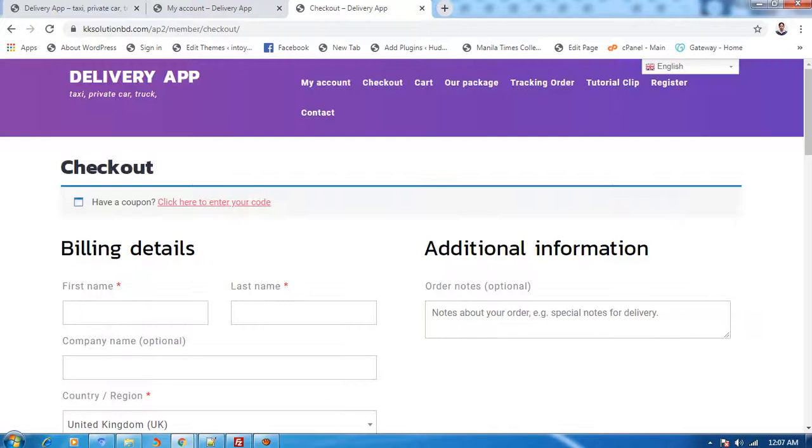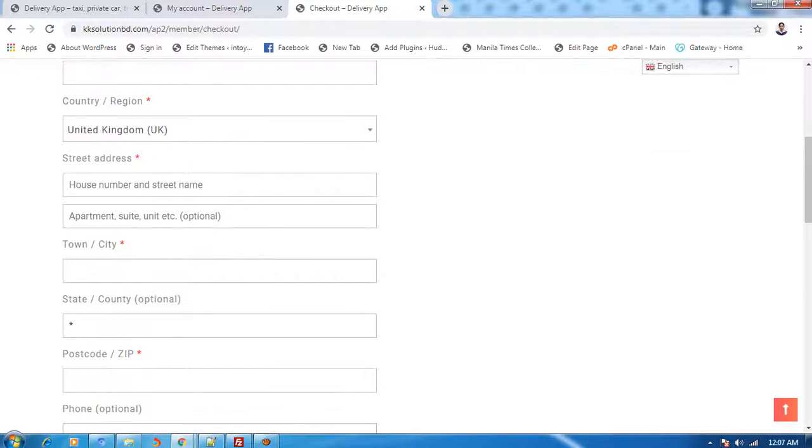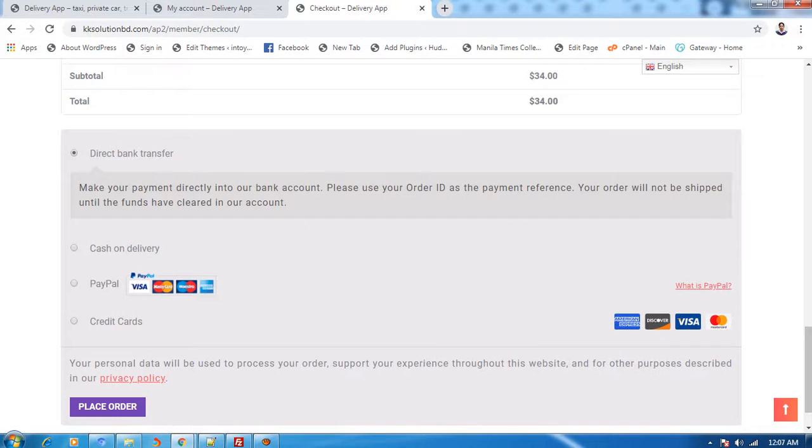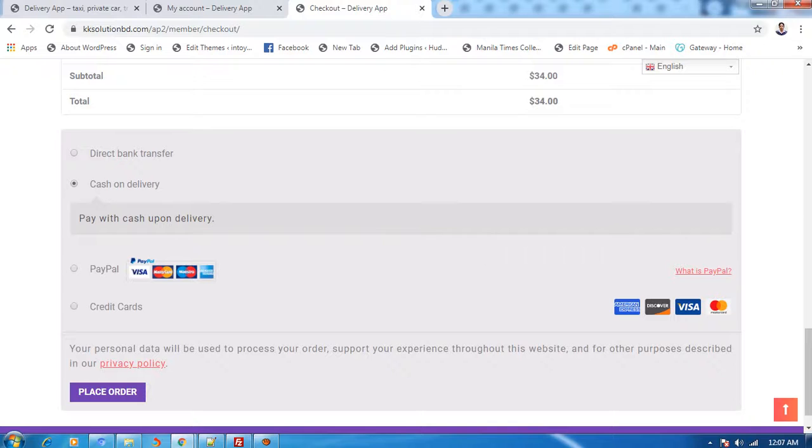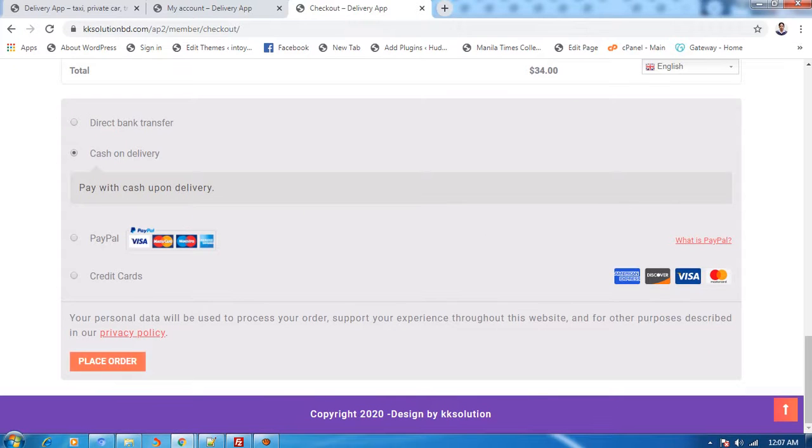Okay, this is just a demo version, so I am showing how it works. You fill up the information, and you can pay by credit card or PayPal, and cash on delivery, then place order.